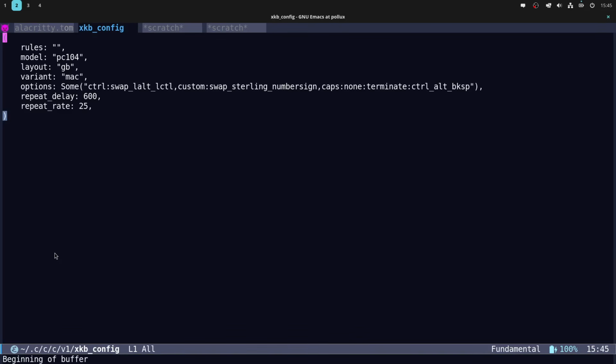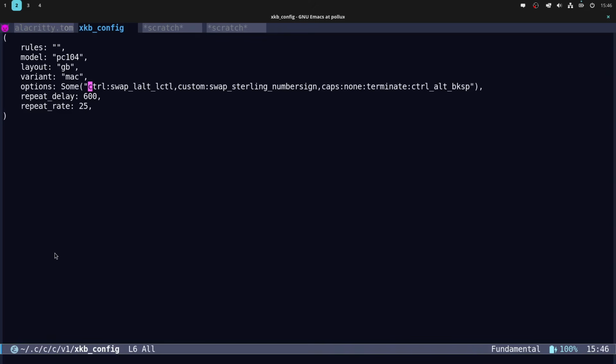Okay, and so this is how you change the keyboard layout. So you create the XKB directory and set up your key map as I showed you in that video. And this is the crucial part here. You can see we've got layout, GB, and Mac, which actually is set in the GUI. But this options thing here, what you've got to do is have some parentheses and in double quotes what we've got here, the keyboard